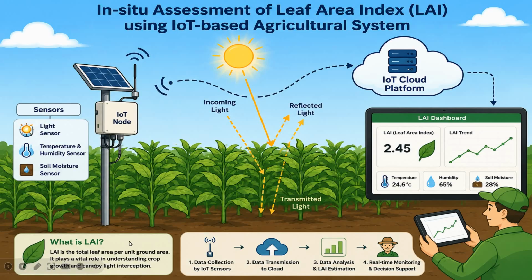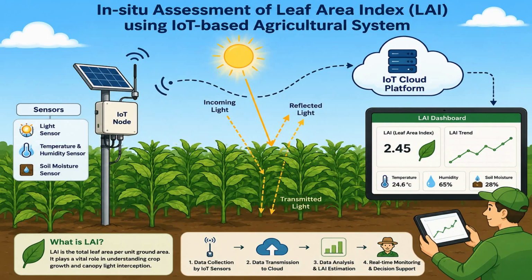So in the field, you have various types of sensors such as the light sensor, temperature and humidity sensor, and soil moisture sensor, which are connected to an IoT node, and the IoT node collects the environment data directly from the crop field. And the sunlight falls on the crop canopy, where part of the light is reflected by the leaves and part of the light passes through the canopy, and by measuring incoming, reflected, and transmitted light, the system estimates the